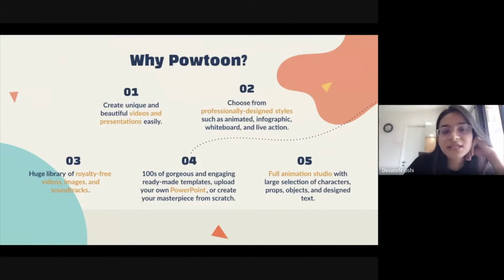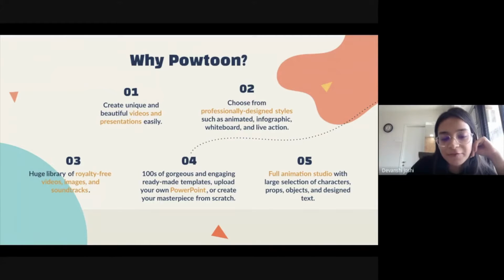There are various reasons why Powtoon is one of the tools that I have personally been using for quite a long time now. And I would say it's a really powerful tool because you have a lot of templates that you can select from. So if you don't want to create a video yourself, you can just select a template and you could change the characters, change the font, and create a video. Because when you're starting, it's better to start with a template, right? There's also a lot of videos and soundtracks which are royalty free, which are already available on the Powtoon gallery.